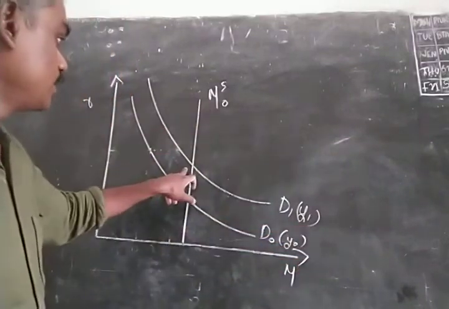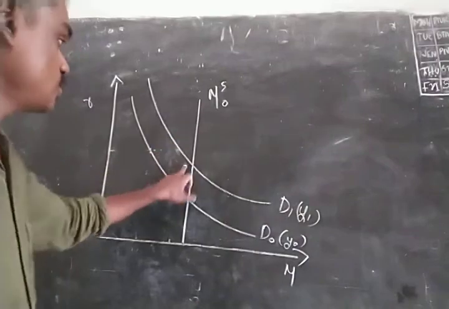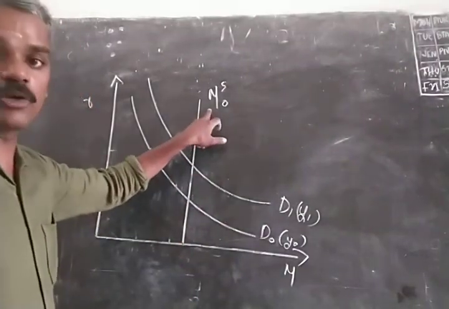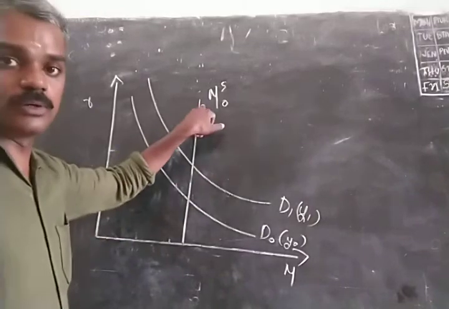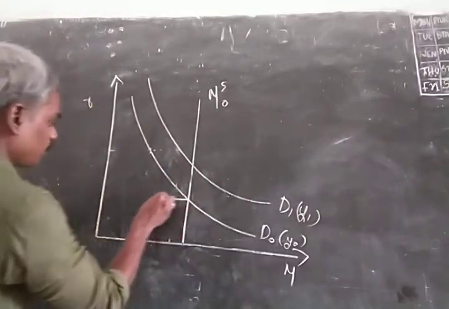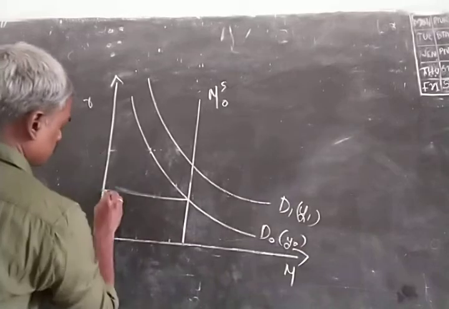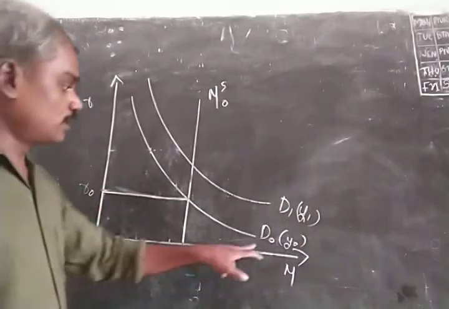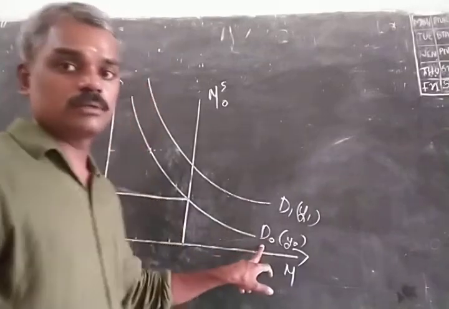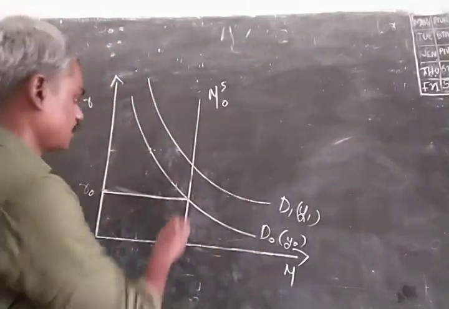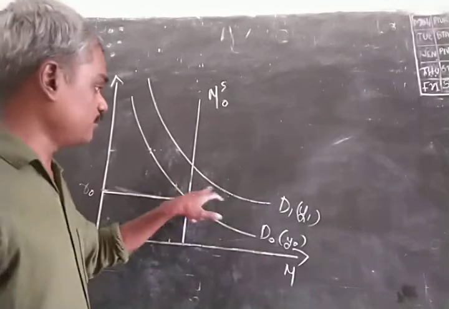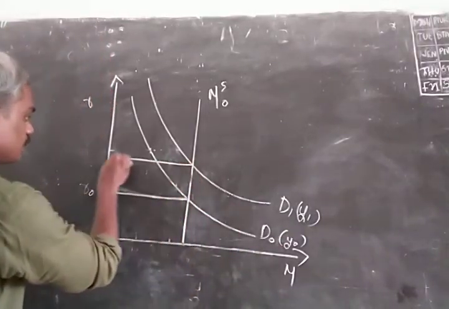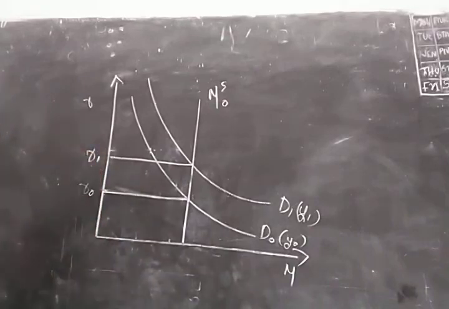We know that equilibrium in the money market is achieved at a point where D0, Y0 is equal to the supply of money, and D1, Y1 is also equal to the supply of money. Supply of money does not change because it is exogenously determined. So the demand for money curve D0, Y0 is equal to supply of money at the R0 interest rate. The D1, Y1 demand for money curve is equal to the supply of money curve at the R1 rate of interest.